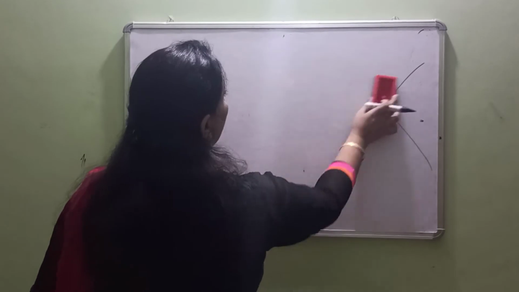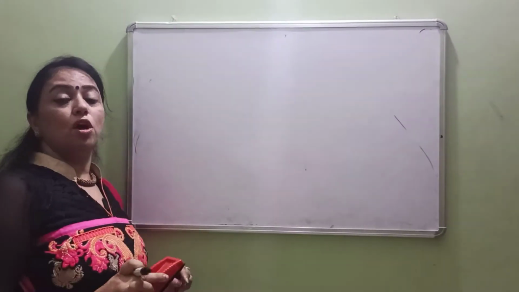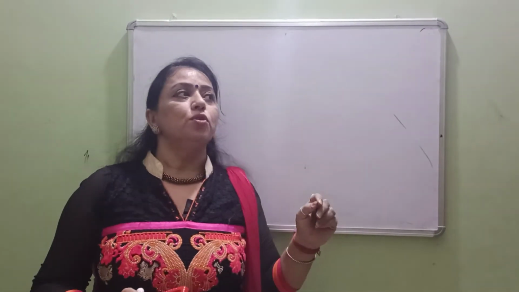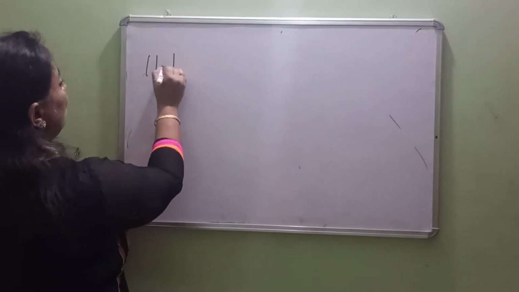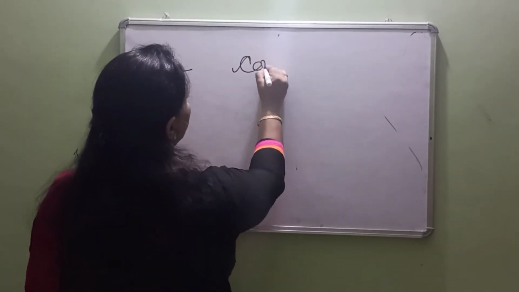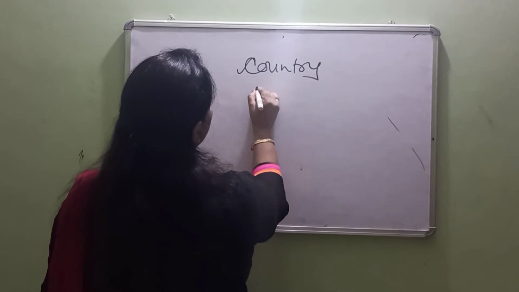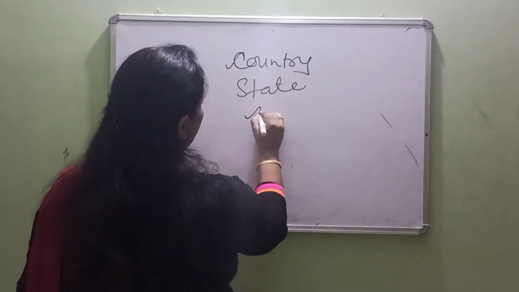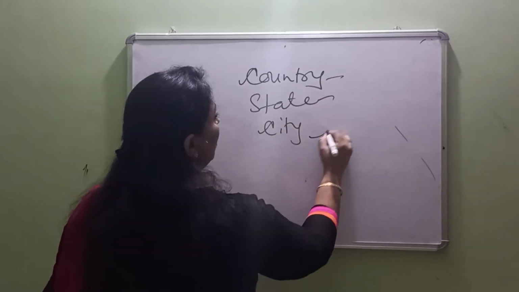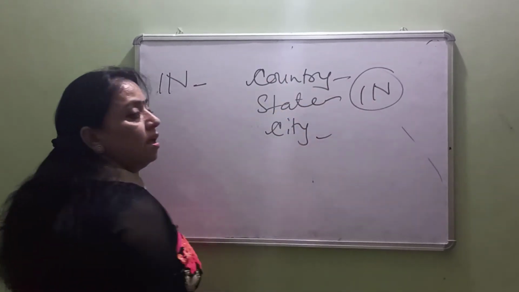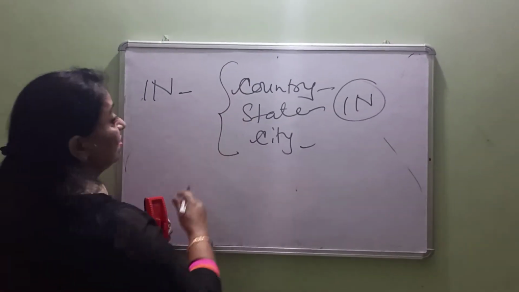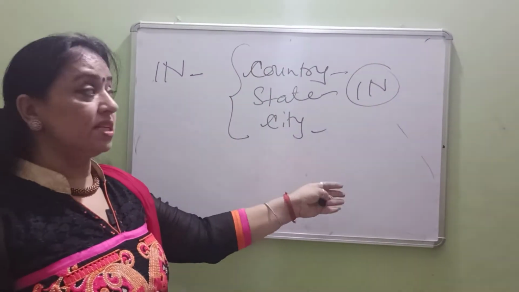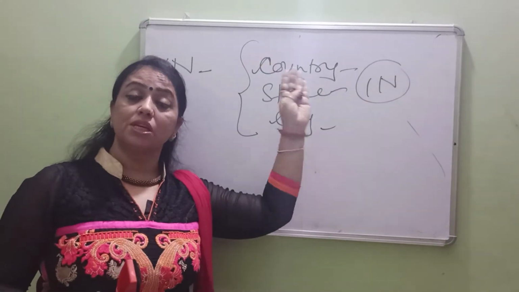Now again, in, on, at in the case of place, because you always make mistakes when you do letter writing. You get confused when we are writing an address. So what is the problem? Why are we not able to find out? The simple thing I will tell you: whenever you are given the name of the country, the state or city, here you are going to write in. I live in India. So wherever you are given country, state, city, you use the preposition in.